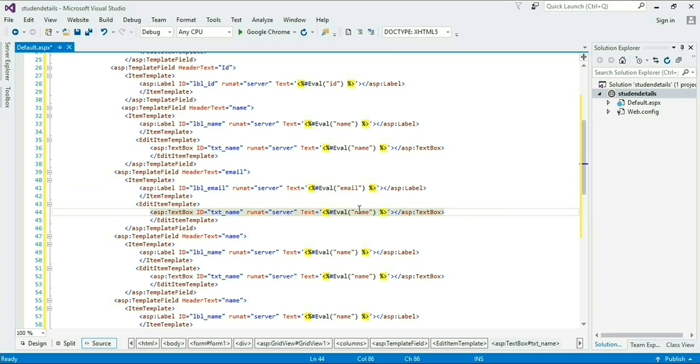Under this double quotes of Eval, Eval means it passes the value to the text box, also giving the text box id txt_email. Now the next column, gender, doing the same for gender also and stream also.